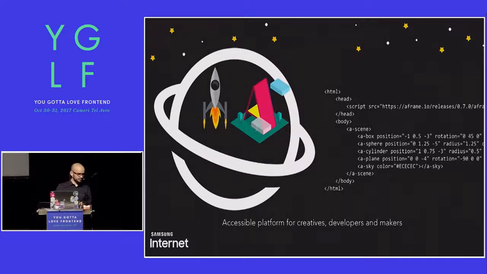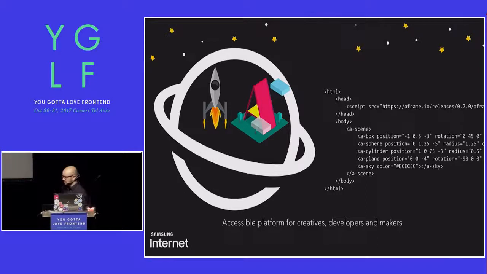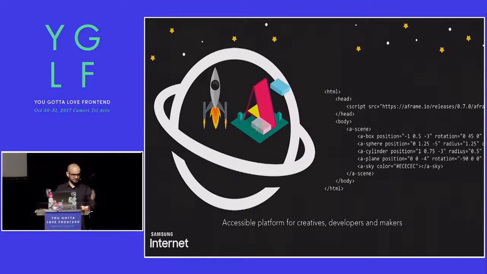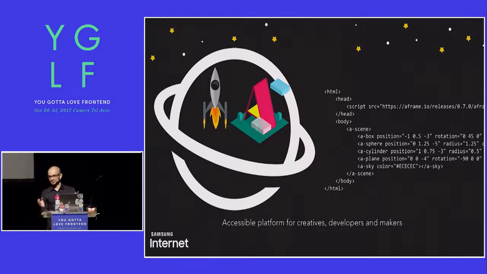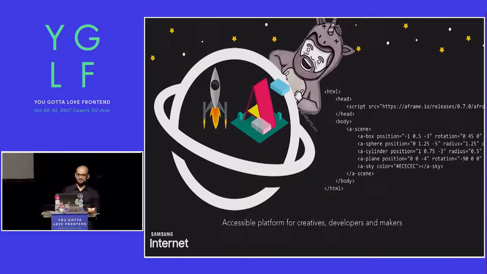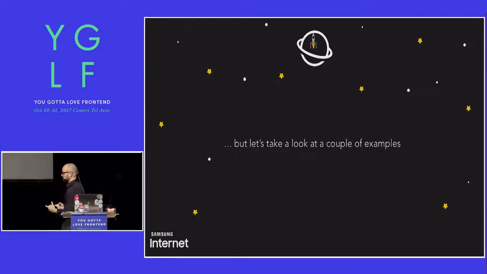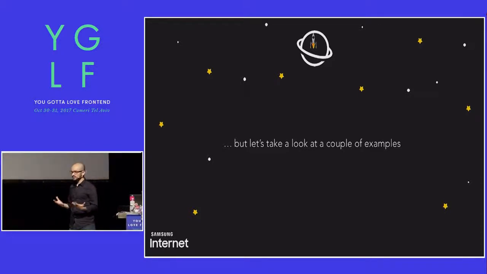And the way that you would do it is basically, in this case, I'm going to be talking a little bit about A-Frame. I'm showing you here some code, how you would start with the a-scene, but I'm kidding here, I'm not going to show code. I'm going to leave that to Martin, because he is going to do a handoff from this presentation. But what I'm going to do is take a look at a couple of examples, again, developed by the team,